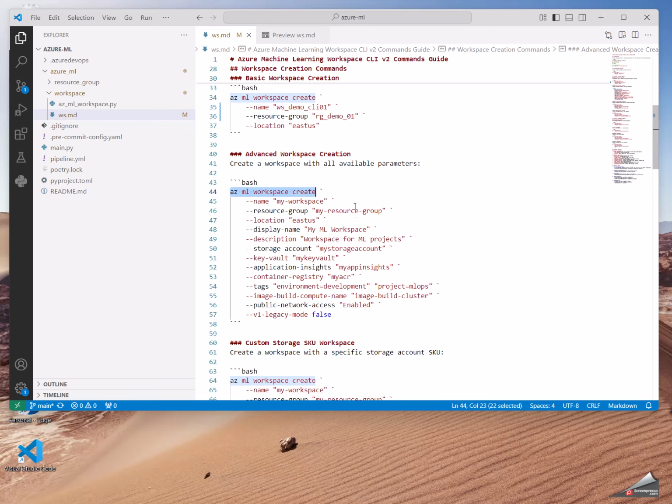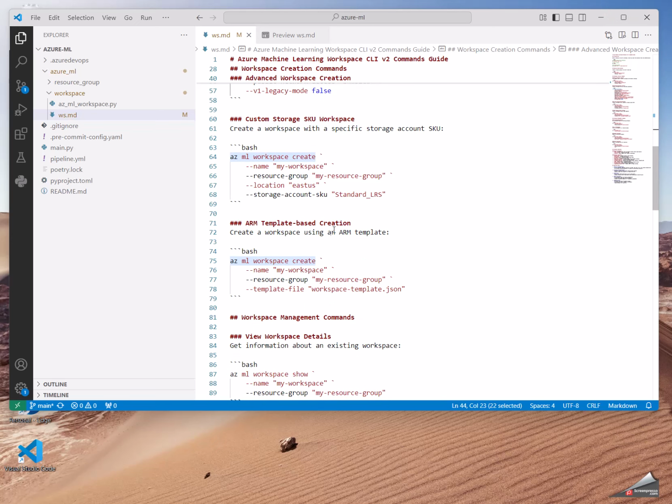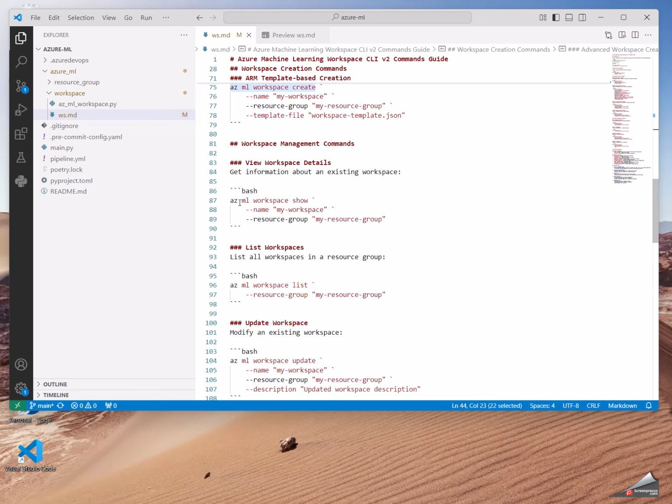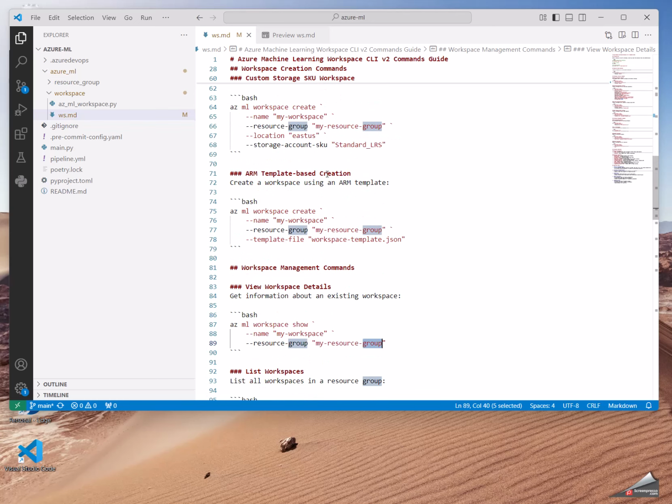But there are also, as I said, some command lines which are, let's say, important. For instance, you need to show what the workspace is. Show the workspace that is in the resource group here. Let me just copy this.